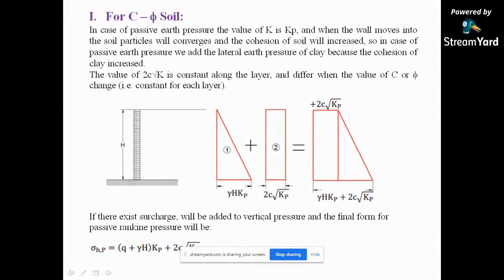So what is that lateral earth pressure? It is the value 2c under root Kp, which is constant along the layer, meaning it remains constant throughout the whole height, and differs when the value of c or phi is changed, that is, constant for each layer. So what happens in the first condition,